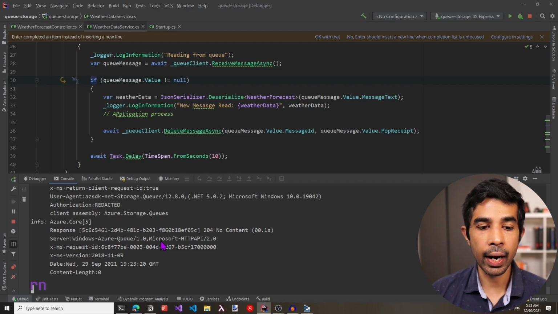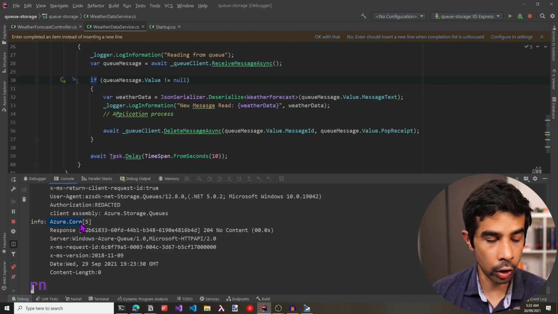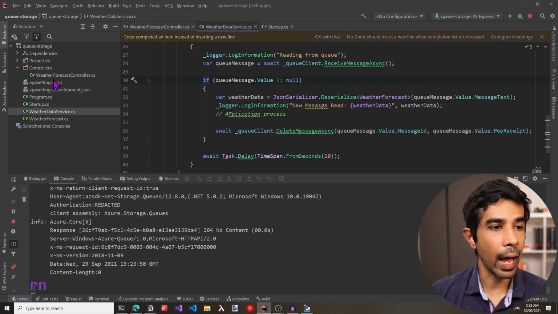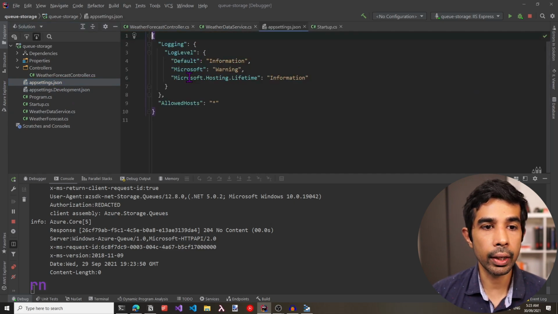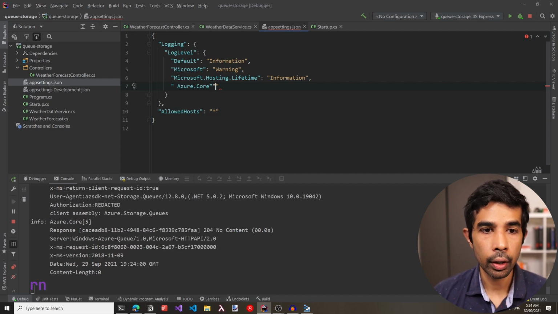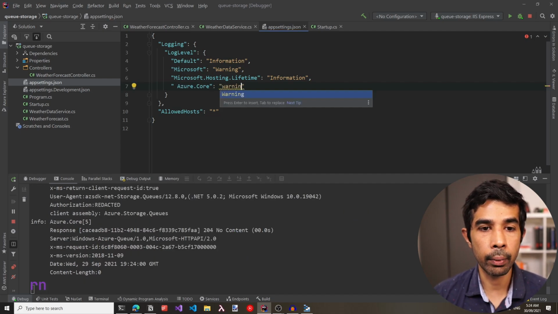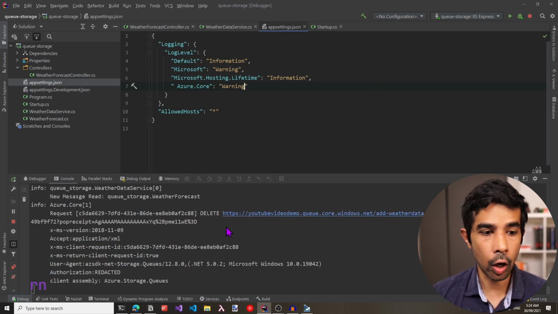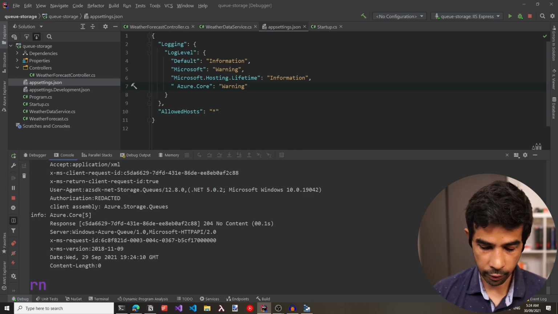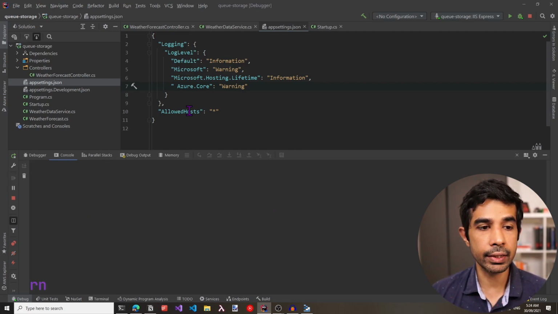Now since we have added the library, the Azure.core logs are also coming inside our logs. If you want to mute these logs, we can simply copy Azure.core, which is the category, and go into the appsettings.json, where we can set the logging levels for that library. So let's specify Azure.core and say only log warning messages. This is going to stop these logs from coming up again. So if you clean the logs, you can see that from the next time this runs,